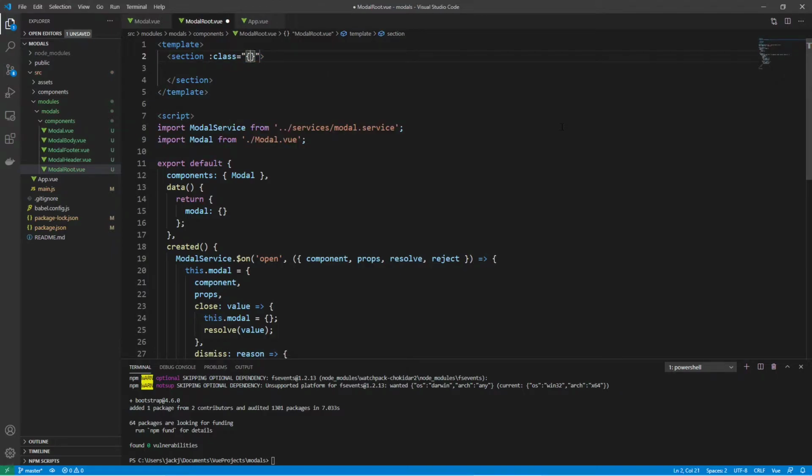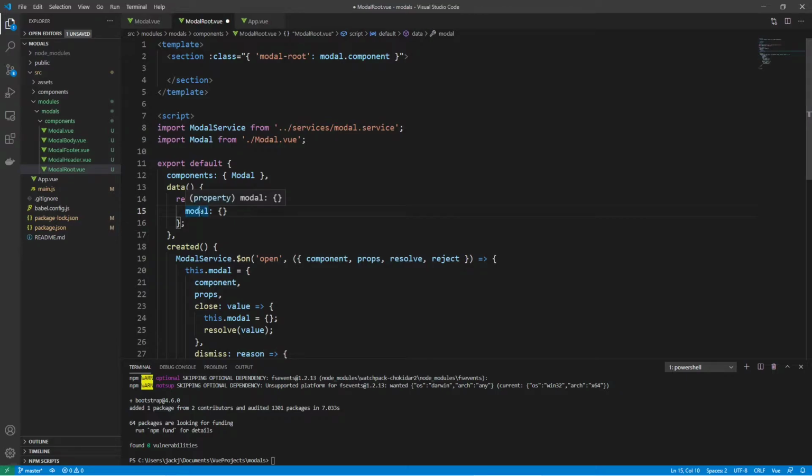And to do that, you want to use this object syntax and say modal root, which is a CSS selector that we have not defined yet, but we will. And pretty much we're going to say modal.component. And what this is saying is if modal.component